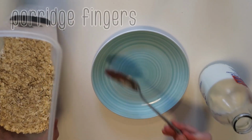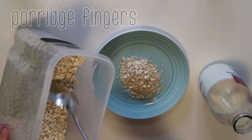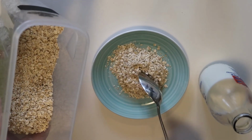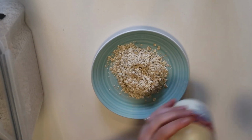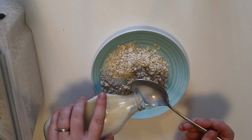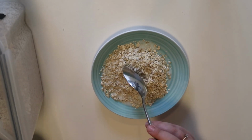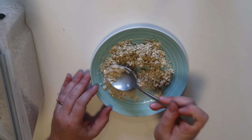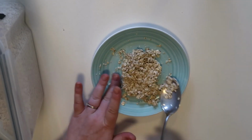The next breakfast is one of my children's favourites from when they were weaning, and these are porridge fingers. Obviously porridge is quite messy to eat for a baby, especially if they haven't learned how to use a spoon yet, so I found this a great alternative. I used to use 3 spoonfuls of porridge oats and then 3 spoonfuls of full fat milk. You can use whatever milk baby has. You could use breast milk, you can use whatever vegetarian, vegan alternatives that are safe for baby that you use,